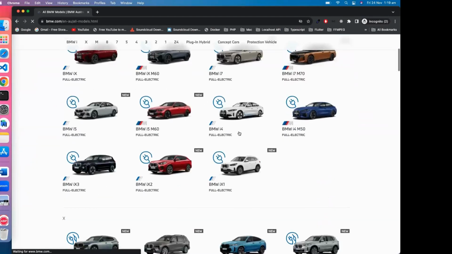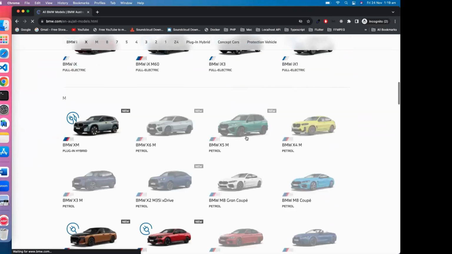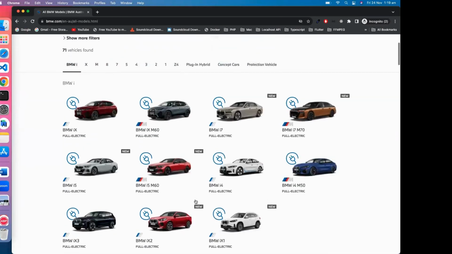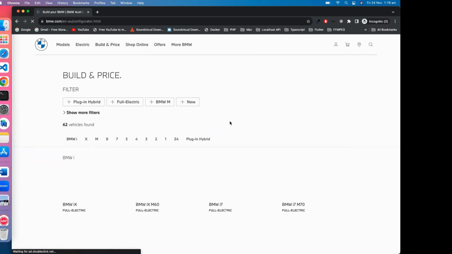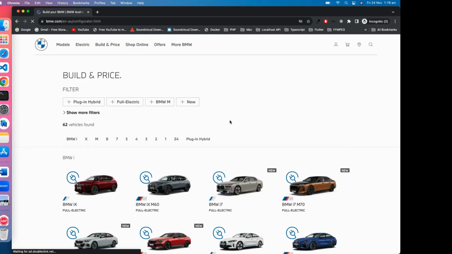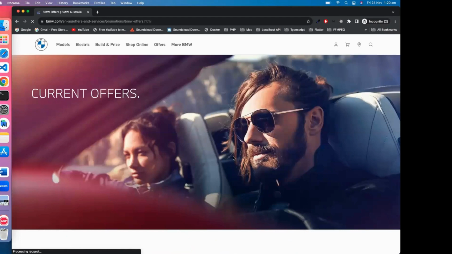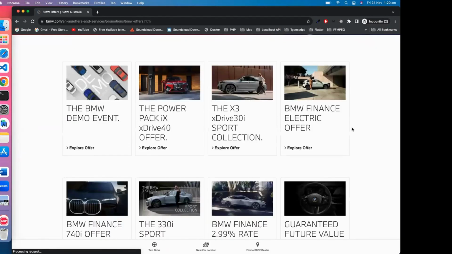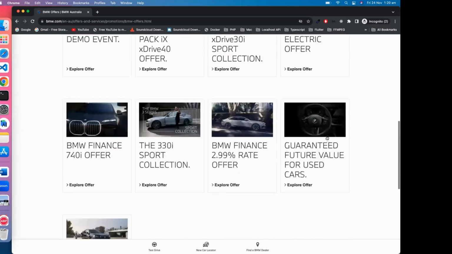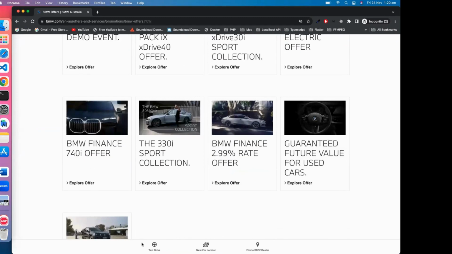And this is the page where you can see the cars that you want to look at or potentially purchase. Let's say you go to building price, you click that, it does the same thing, right? But what if you go to offers, for example? You see it opens a different page with different options where it explains finance and everything. So the whole point of this is basically,